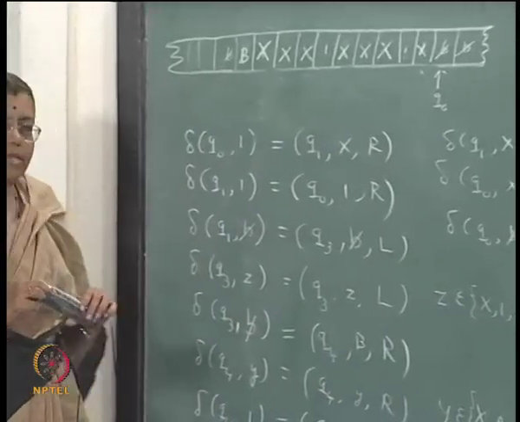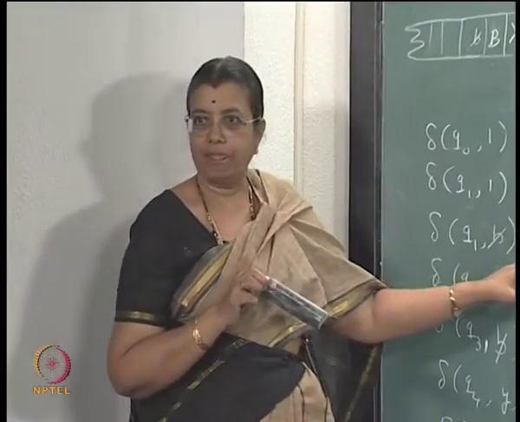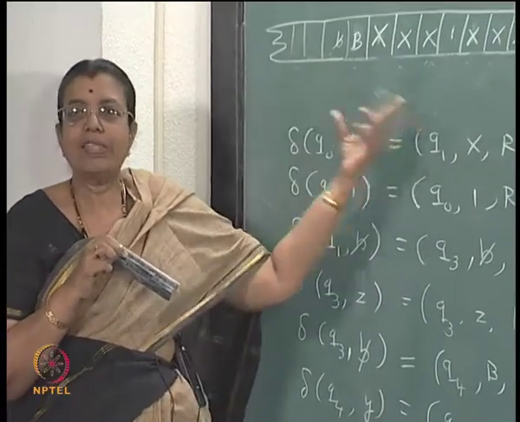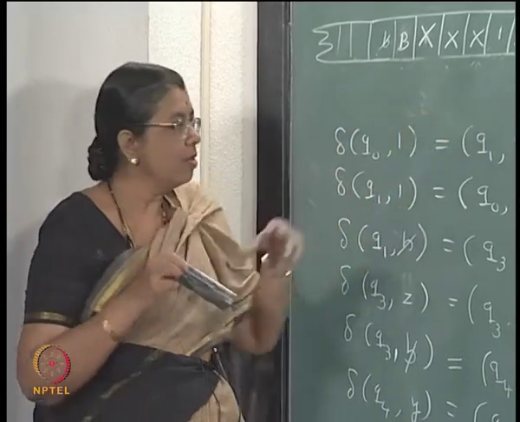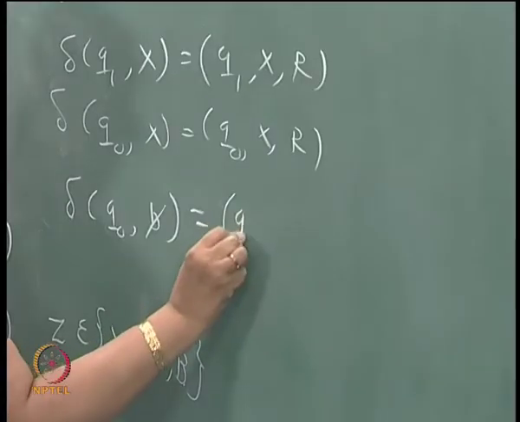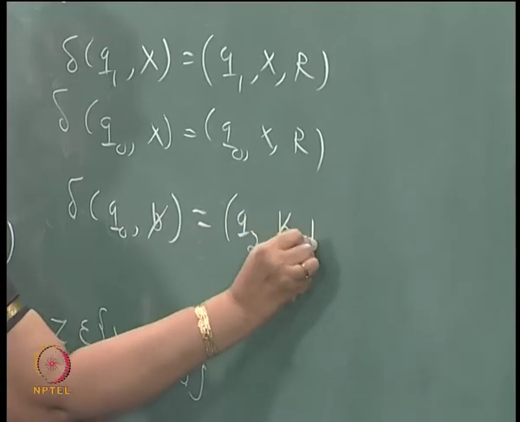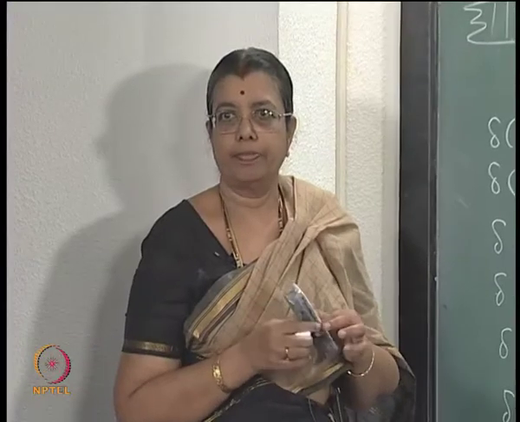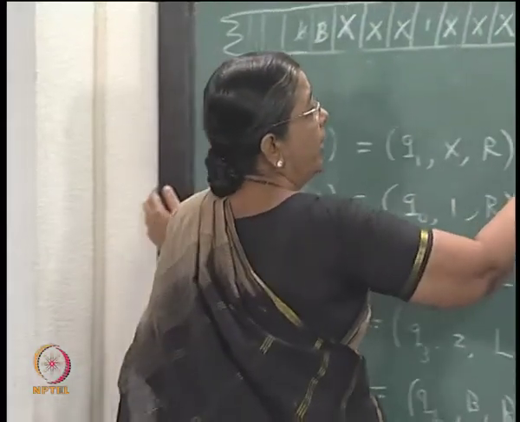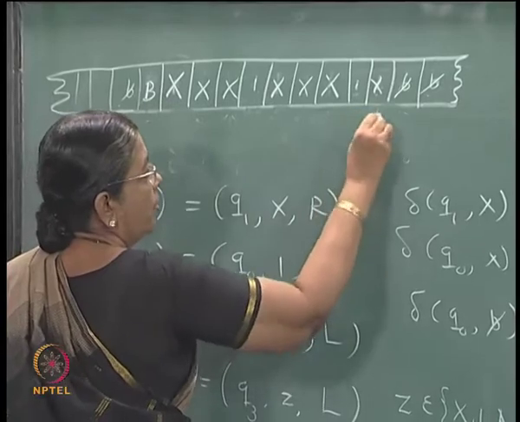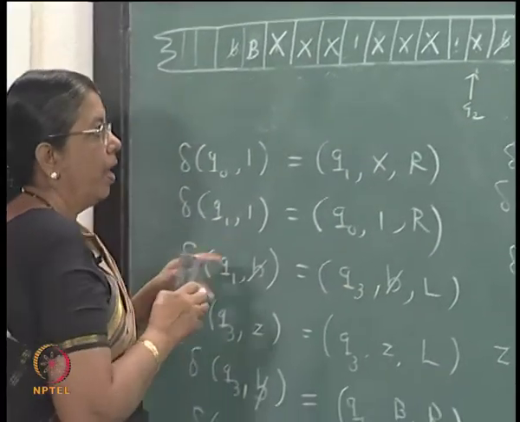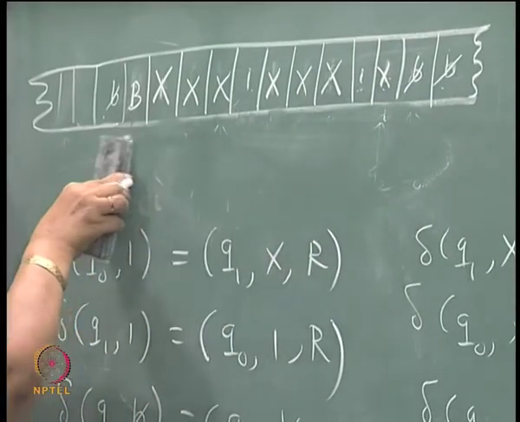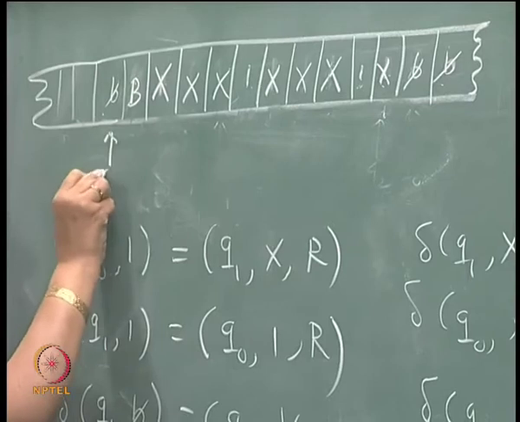Now, what state does it have to go to? Not Q3. Q3, if it moves left, it prints a B. You should have a state for printing an A. So, it goes to say Q2, blank, L. So, here it moves here in state Q2, and in Q2 whatever symbol is there, it moves left until it reaches the blank.